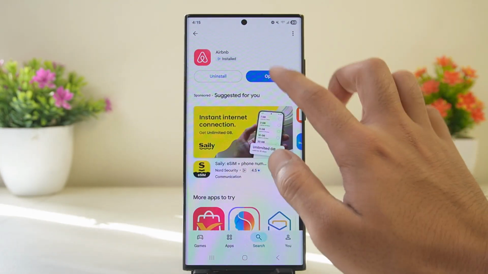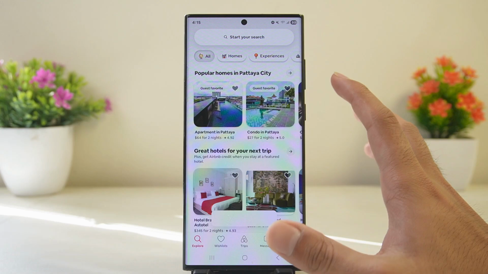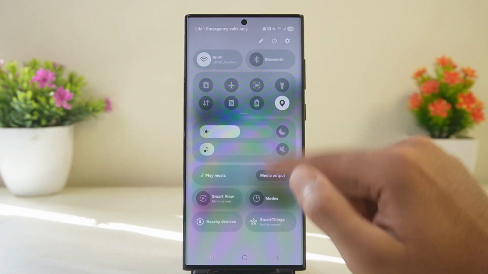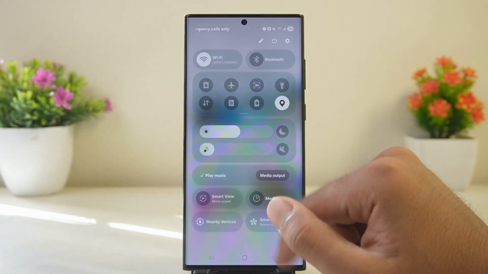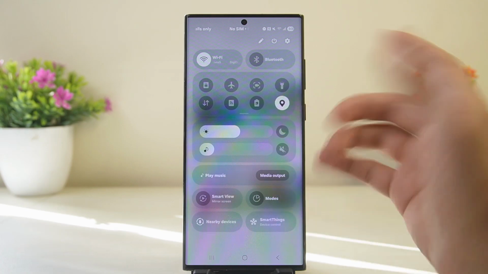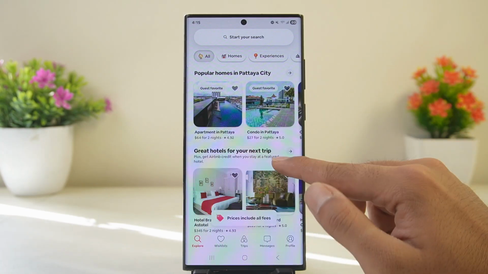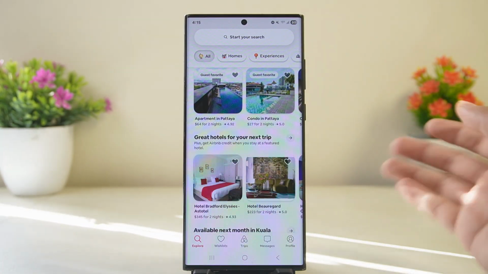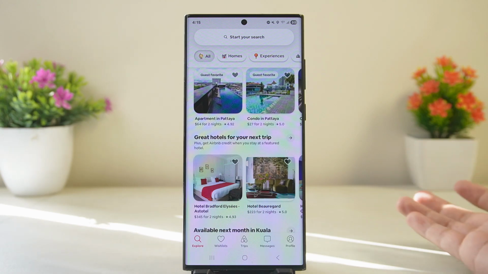files within the Airbnb. Now proceed to relaunch the application and also make sure that you have a strong Wi-Fi connection. If you don't have one, simply switch to mobile network. And this is how you can fix Airbnb if you cannot message a